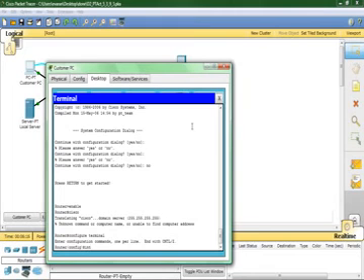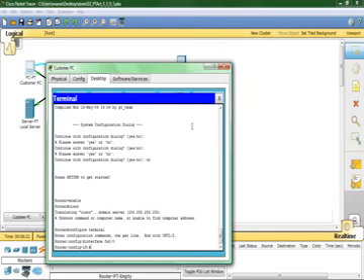And interface FA0/0, IP address of 192.168